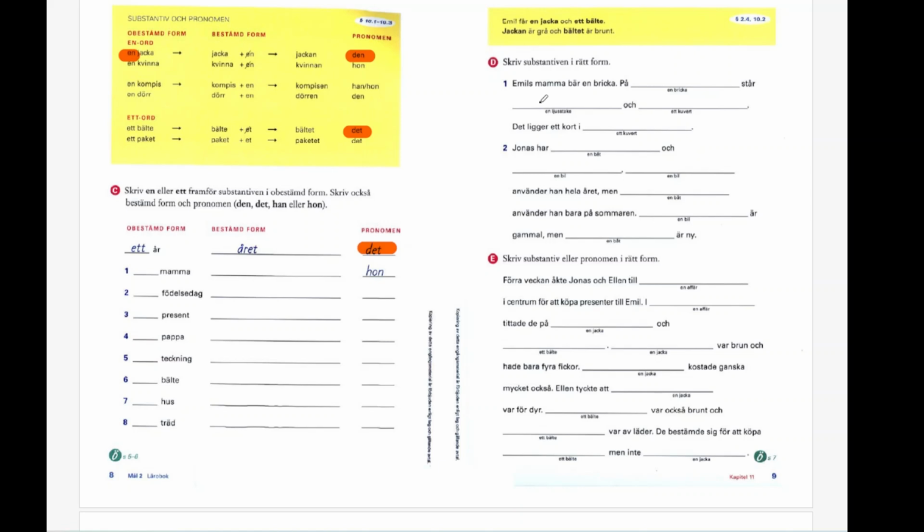Står, standing, en ljusstake och ett kvart. Now the specific thing here is the tray basically. So that's why we are using the definitive form for this tray, brickan. And what is lying on the tray is